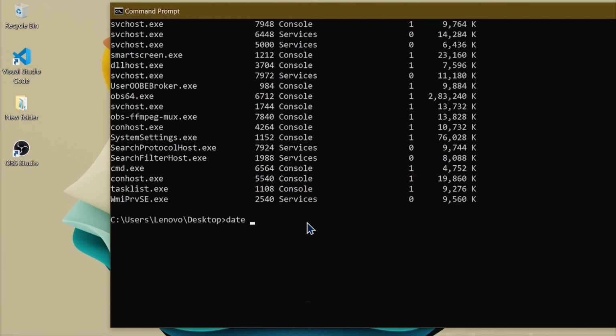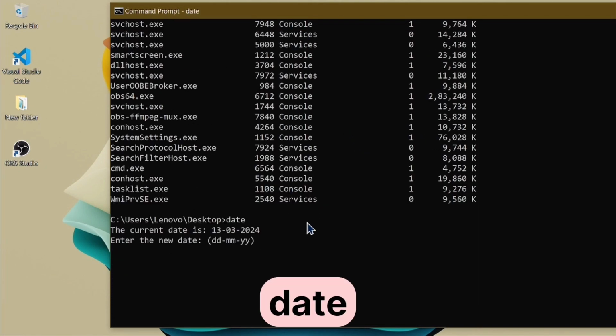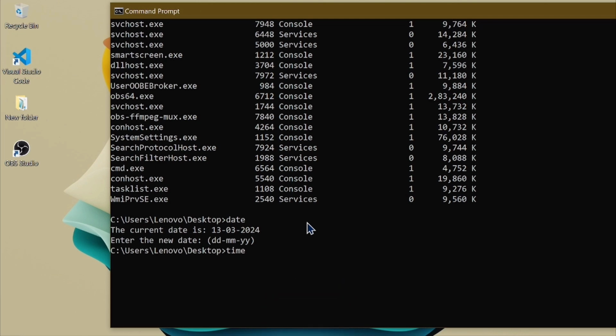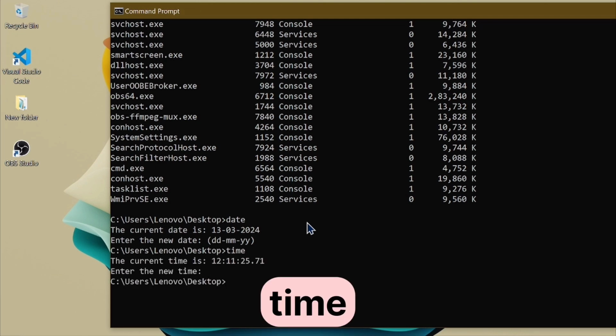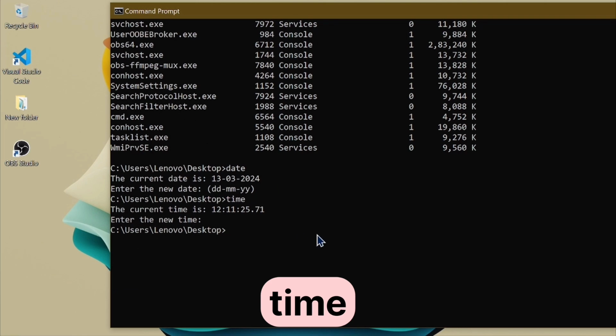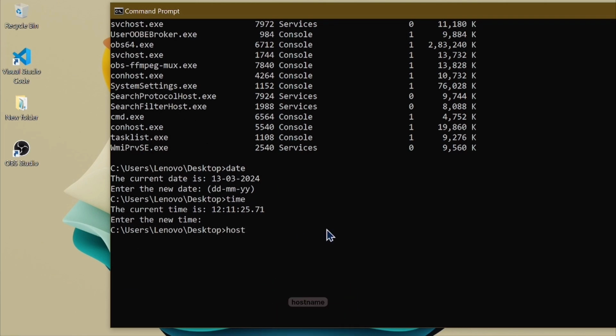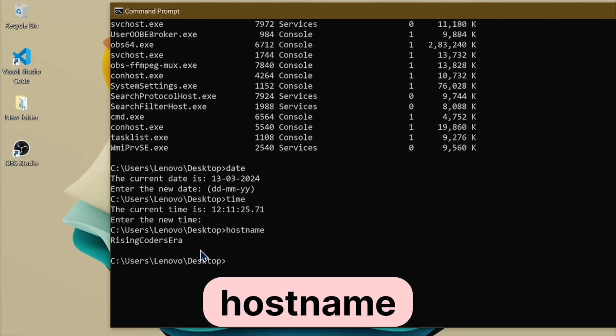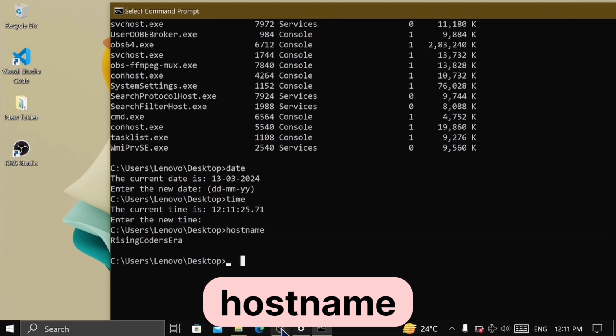Next is date, you can just change the date. Control C, I'm just going to exit it, and time, okay. Control C, I'm just going to exit from that command. You can change your date and time as well. Hostname, और जैसे मैं होस्ट नेम लिख दूंगा, जो भी पीसी का नाम है यहाँ पे आपको दिखाई देगा।